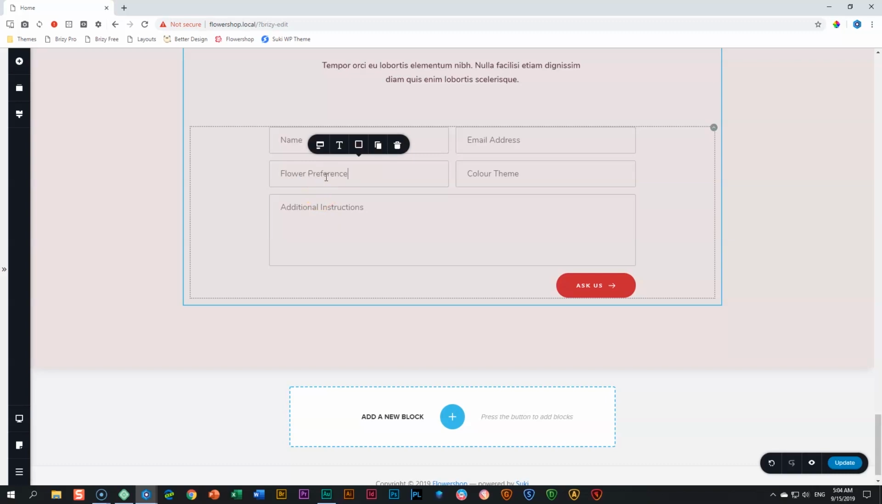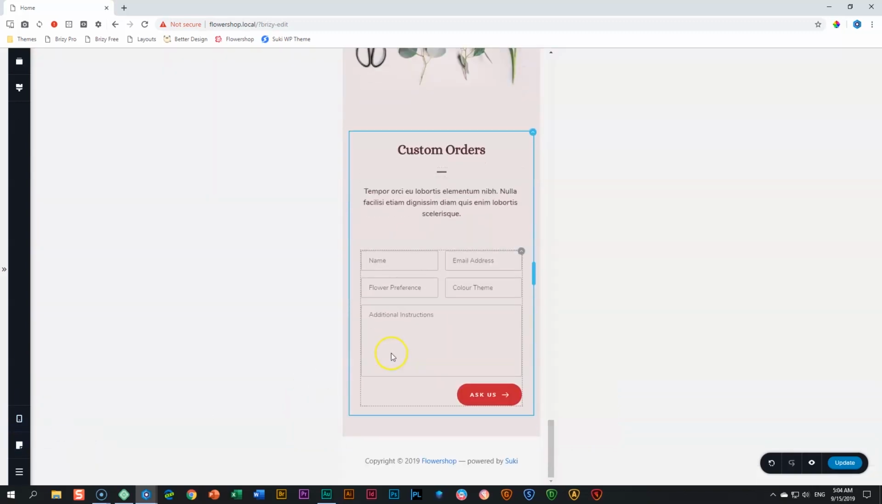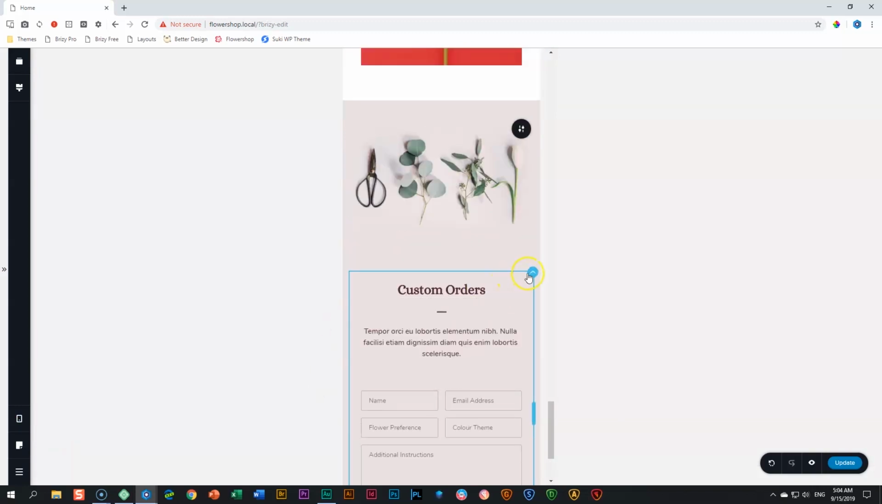Flowers preference or flower preference? Flowers. Sure, that's a difficult one. Flowers or flower preference. But now it looks better here. And because we had copied the section we had made earlier, and in that section we had styled this column,